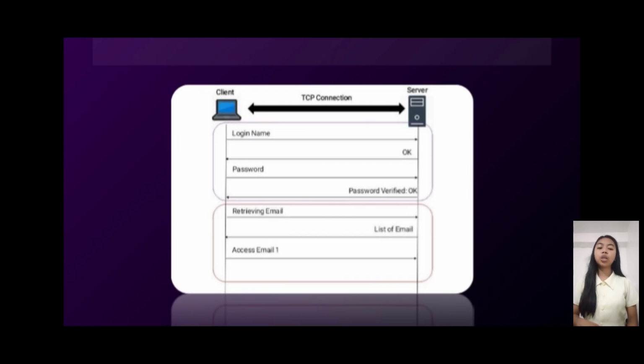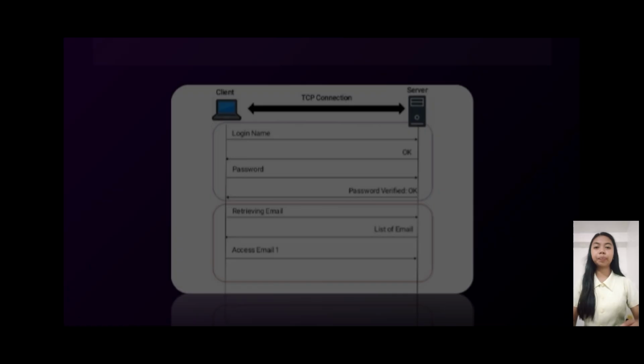Then after that, user can send, forward, reply, or delete the mail. After the transaction phase, user will send a quit command to the server and using that command, POP3 connection is closed and TCP connection is released. So this is what you call the update phase.